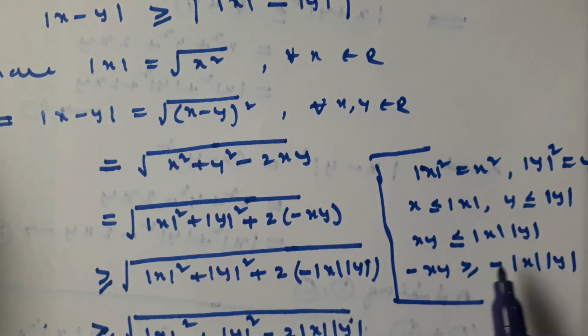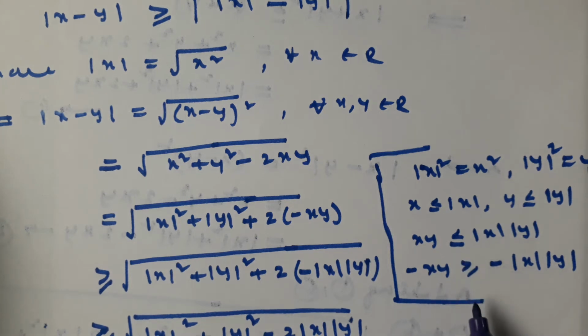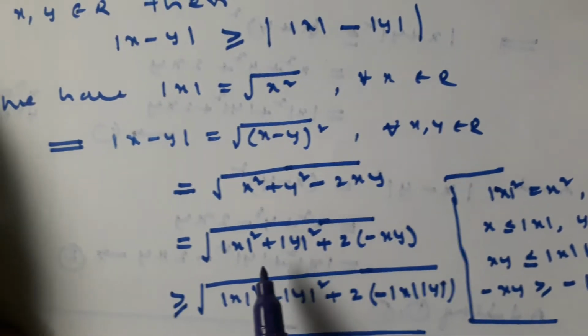So multiply with minus throughout the inequality, minus xy, automatically the sign will be changed. So the right side is, as multiplying by minus, mod x into mod y. These are all the results to be used, whereas coming to here,